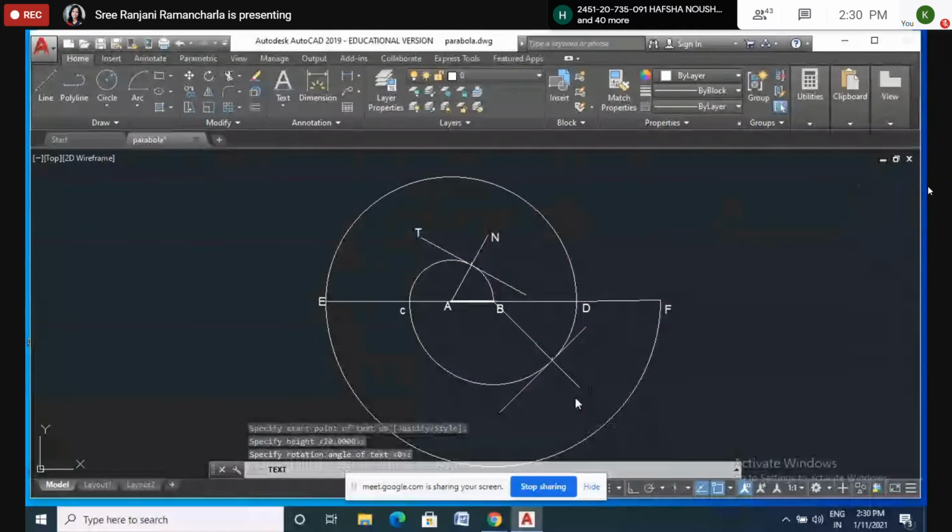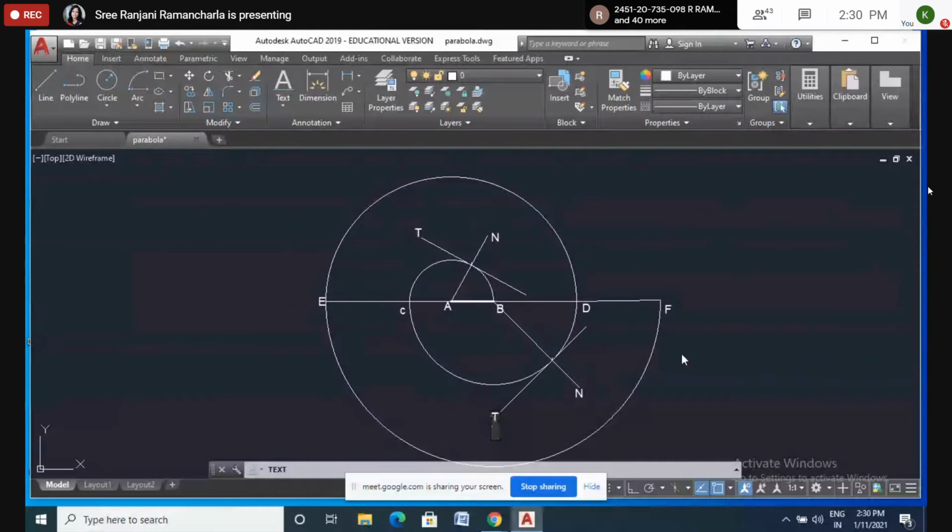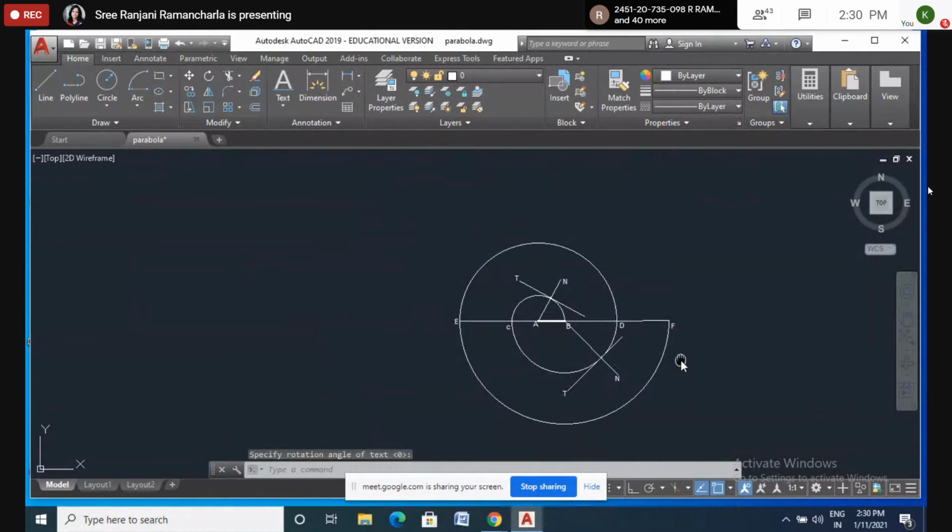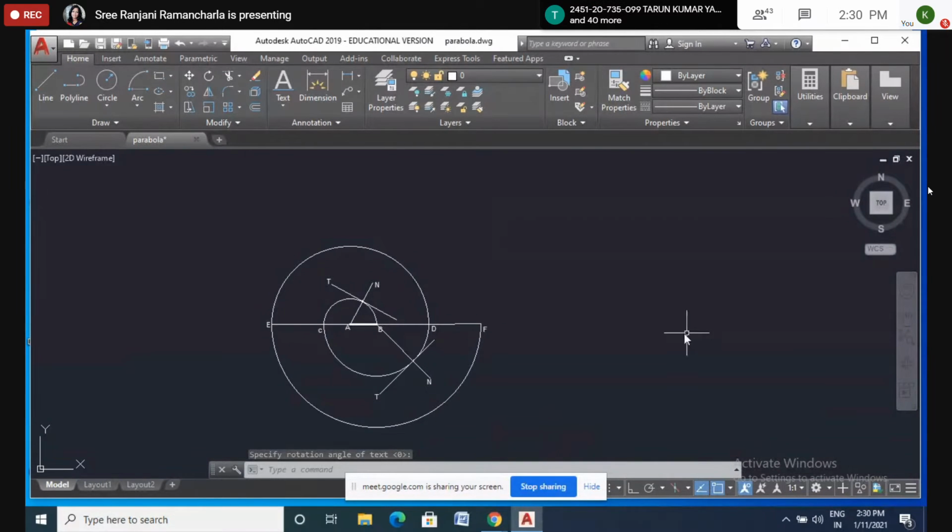Yes, ma'am. Now we'll go to the involute of a triangle. Involute of an isosceles triangle. Let's see how. So this will be the normal, and this will be the tangent. So this is an involute of a line. So this is very important. You can write it here, involute of a line AB. So now we will draw the involute of a triangle, not isosceles, equilateral triangle.